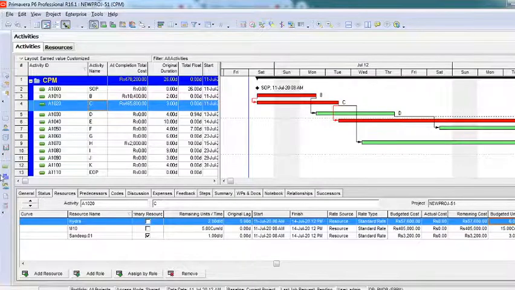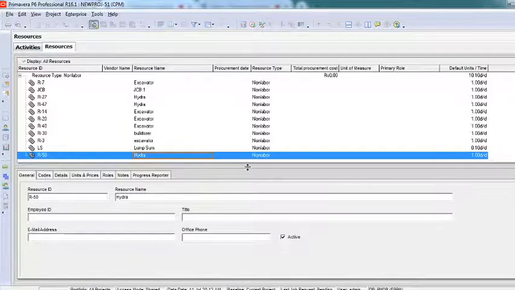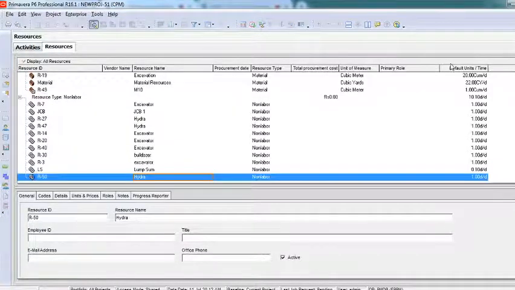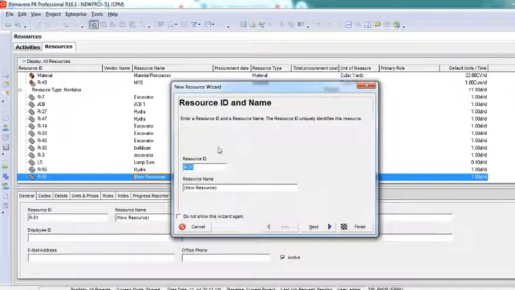Okay, I have just added all the 3 resources and shown you. Let me add one more just to show you that. I'll add here, I'll just say labor. Now I'll say it as M-01. M is nothing but mason, so I'll name it as M01, meaning it's a mason's labor.